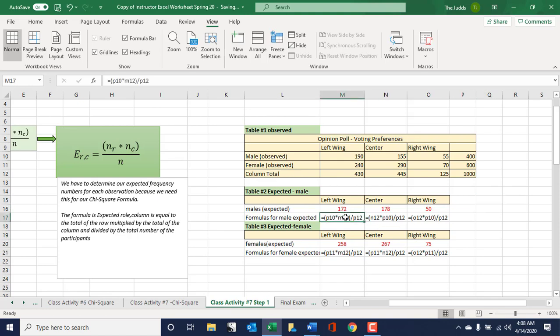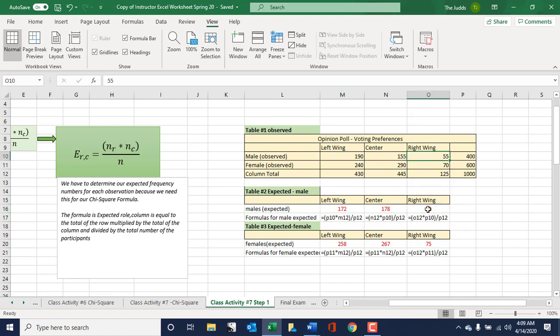We do that for each of these. So we end up with 172 expected for the males under left wing, 178 expected for center, and 50 under right wing. If our null hypothesis were true and there's no relationship between male and voting preference, these are the numbers we would expect to see within